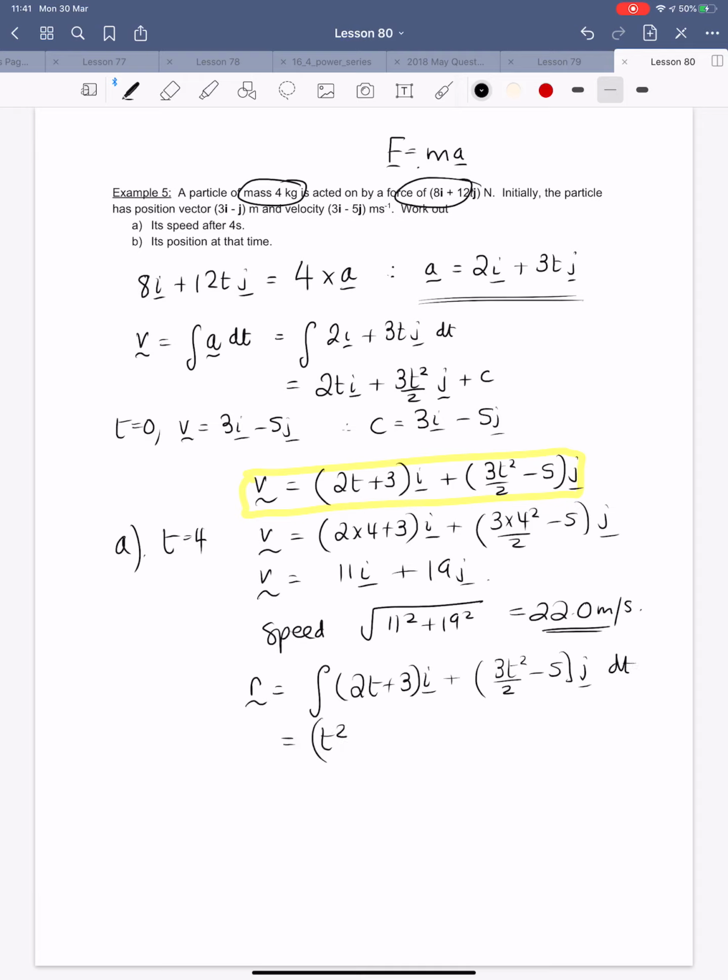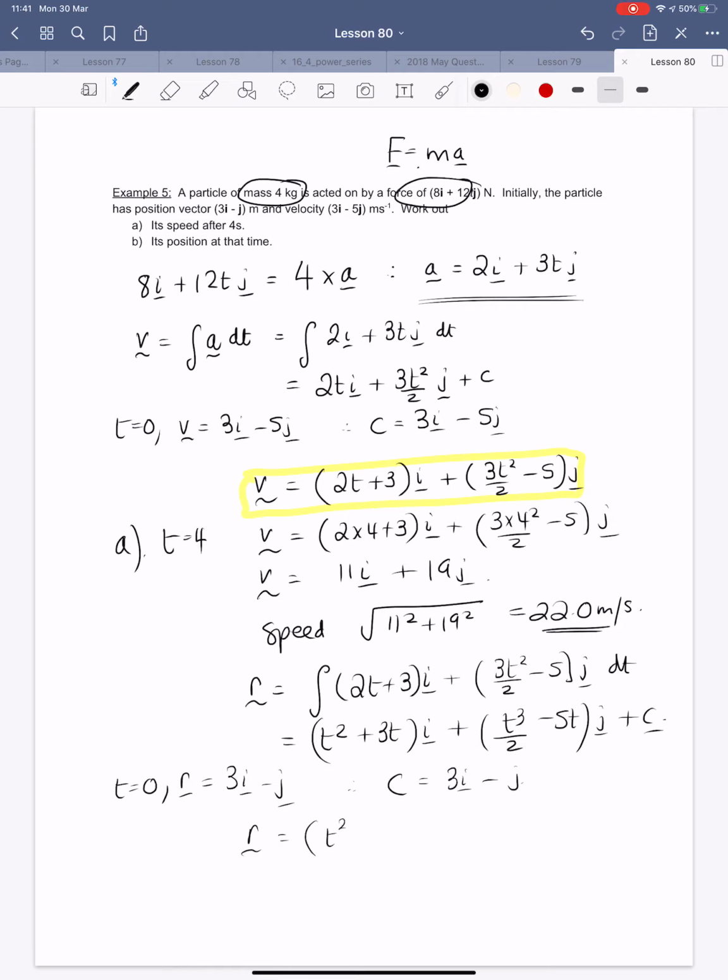This is t squared plus 3t i. Add 1 to the power, divide by the new power, cancels out that 3. That's 5tj plus c. When t equals 0, r is 3i minus j, so therefore c is 3i minus j, and